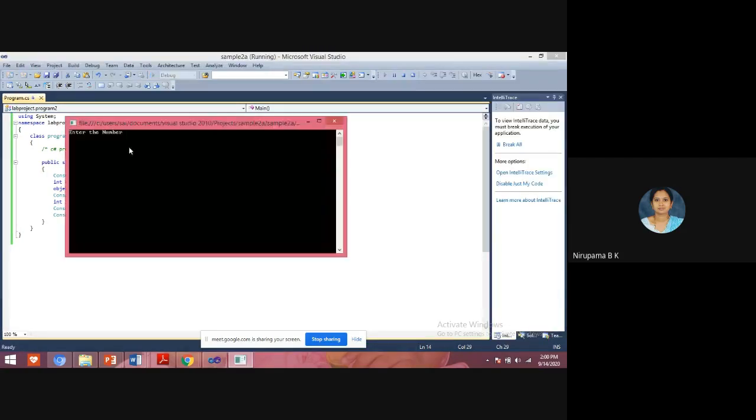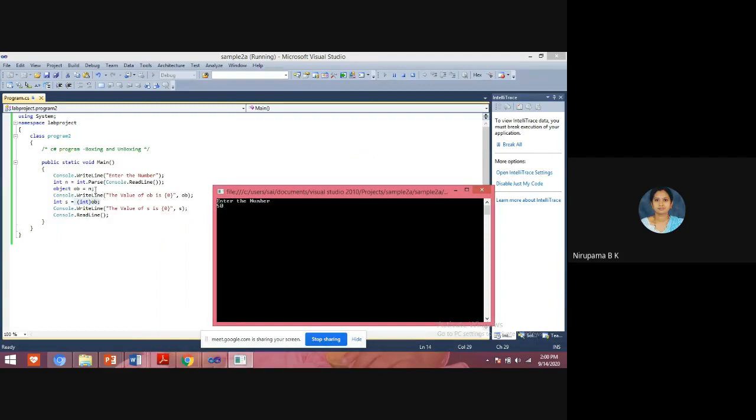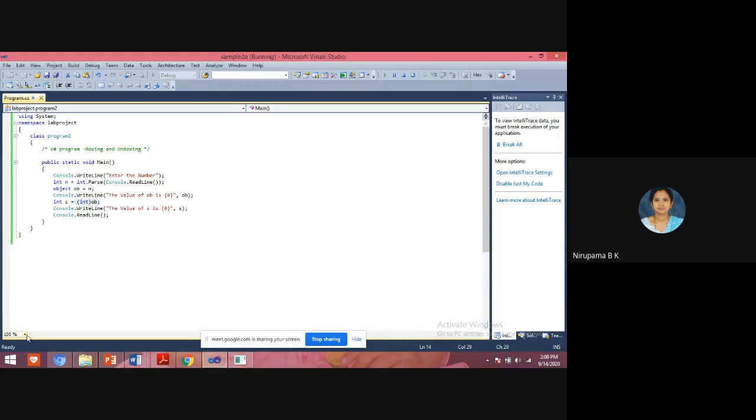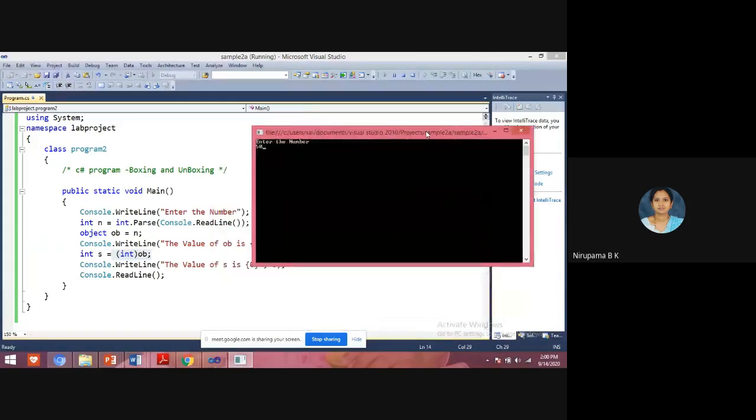So this is how we do unboxing. Here I enter the value, the number 50. So 50 is the value which I have taken for the variable n. You can see the screen, no? Yes students, is the screen visible?